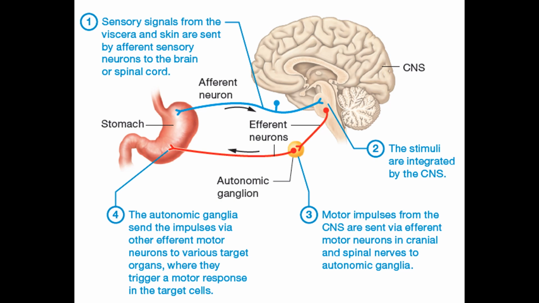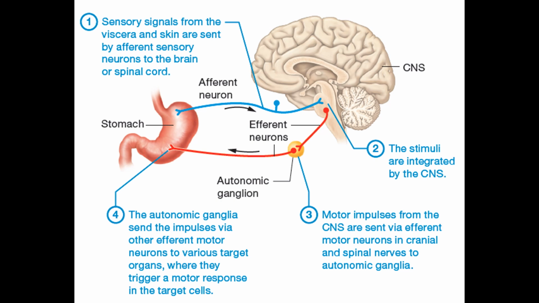It's going to travel down the spinal cord, and then it's going to be intercepted by an autonomic ganglion, and then that autonomic ganglion is going to send motor responses to various other places that that one signal may